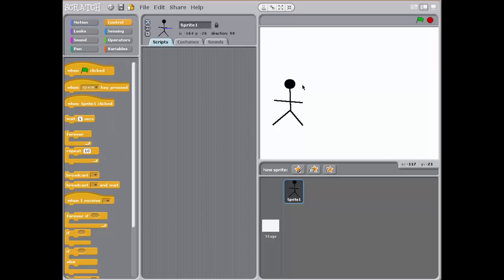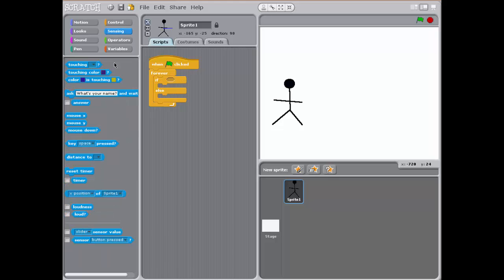So what you're first going to want to do for this tutorial, which is forever loops and if else, is put a when this started. Forever. If inside it. Then